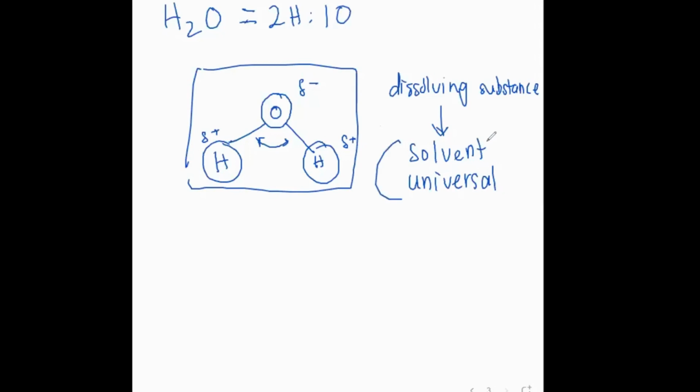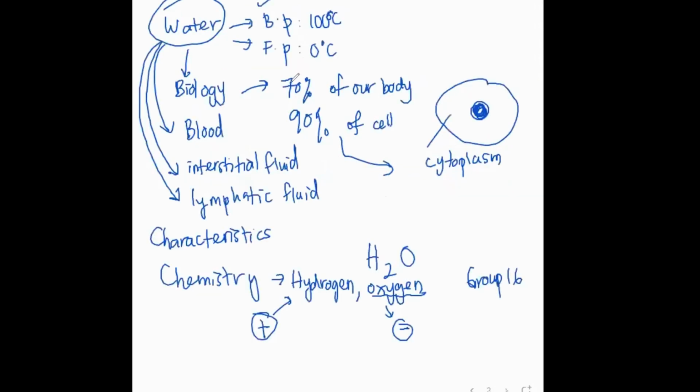造成它是一个 universal solvent。So now you know number one thing: besides water has a boiling point of 100 degrees, besides water has a freezing point of 0 degrees, water